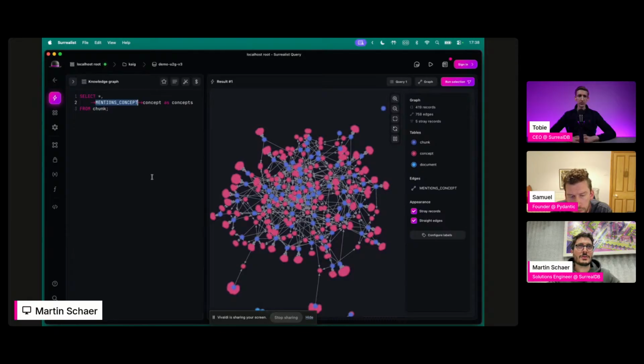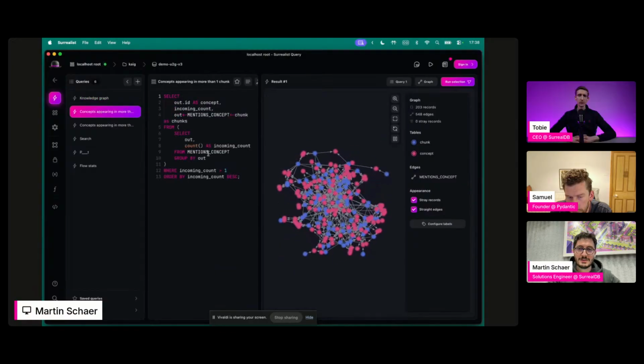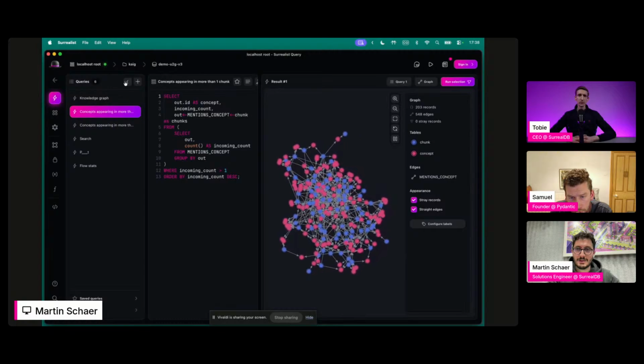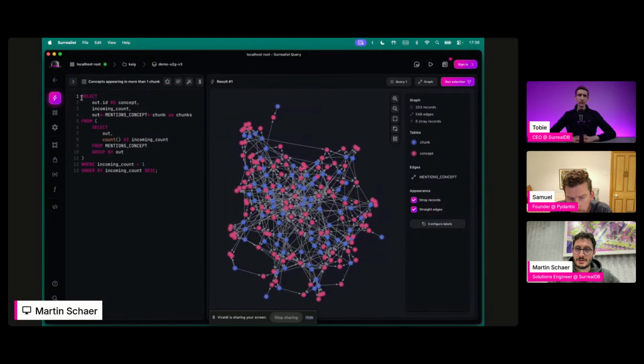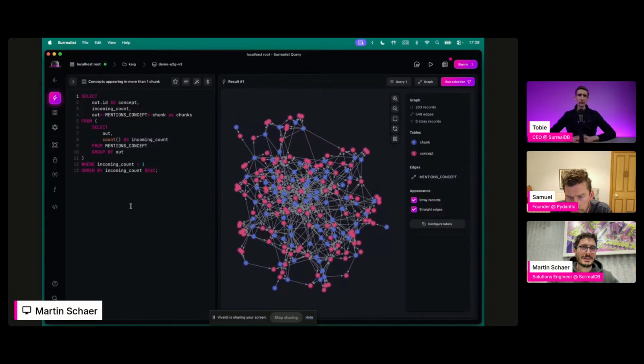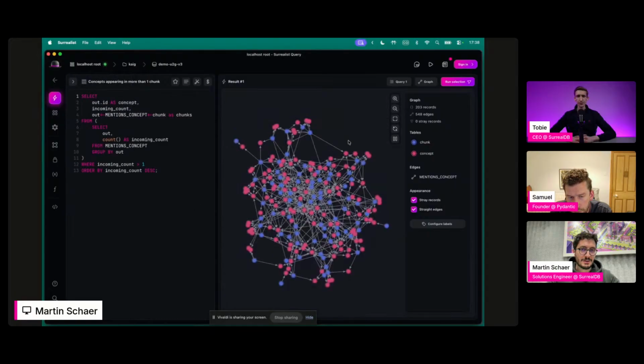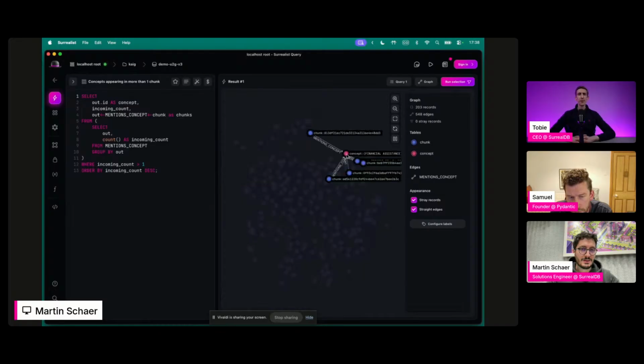It completely depends on your use case, your data, and the type of questions you expect from your users or agents. And let me show you some other queries. I have some interesting queries as well, just to show you the complexity of things you can do with SurrealQL. For example, this query helps me find, in an analytical way, concepts that are appearing in more than one chunk. You see everything is connected to at least 2 different chunks. This helps me identify, okay, is the LLM actually inferring concepts that make sense?